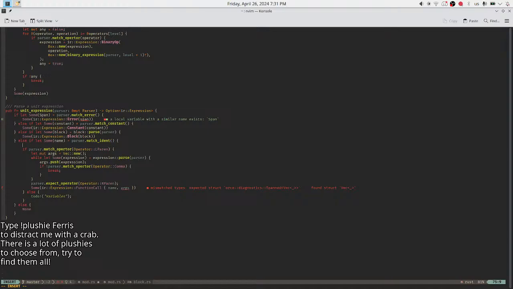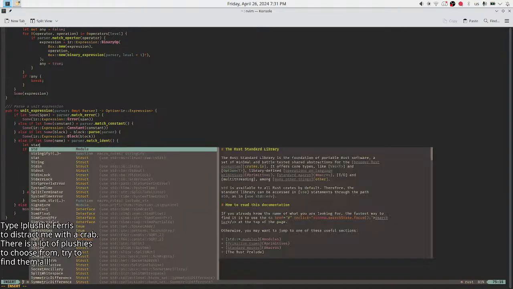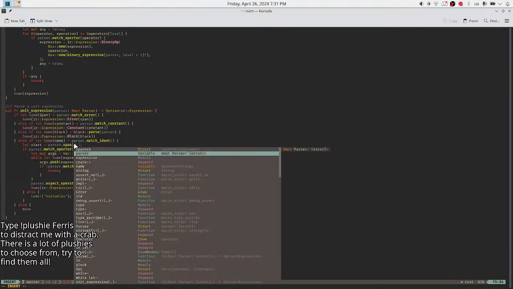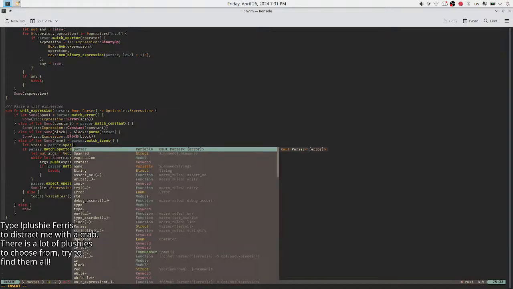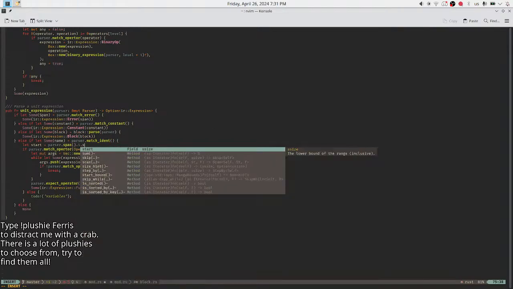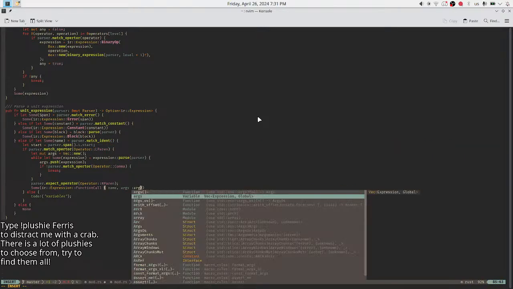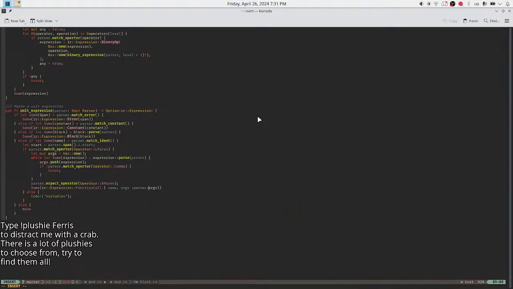And I'm doing this with a let start equals parser span, 0 or 1, I don't remember. 1 a start, then I need args, parser wrap span args start. Yes, span.